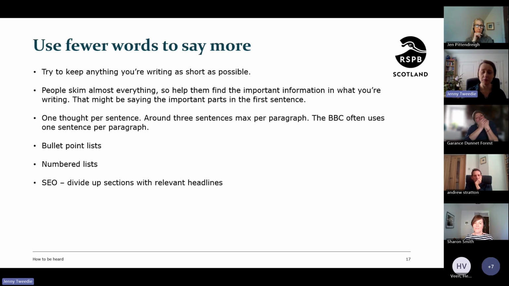I don't know if you've heard of this before. So this is search engine optimization. And they're often looking for things like headlines and bits of text. So if you go into Google these days and you type something in, you'll probably get a bit of text that comes up on the screen with something highlighted in it. Give it a go if you don't know what I'm talking about.